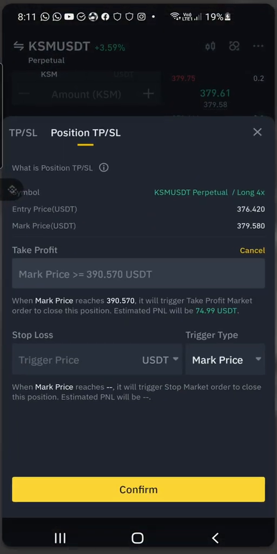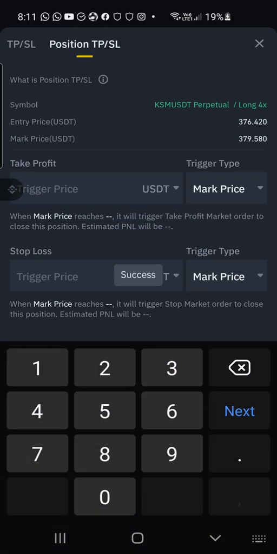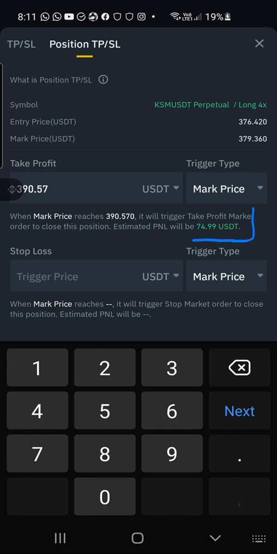I am selling for 390.57. So here I wrote, of course, this would be like this. I can cancel it. This will be like that. I write 390.57, and over here in the green it tells me how much money I would make if it reaches that amount, and that way I can just confirm that,